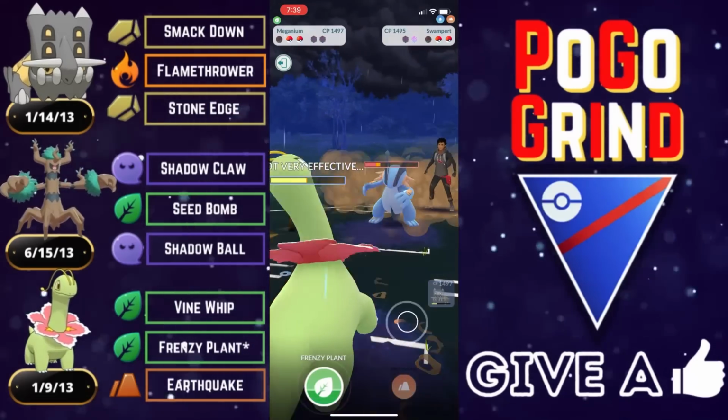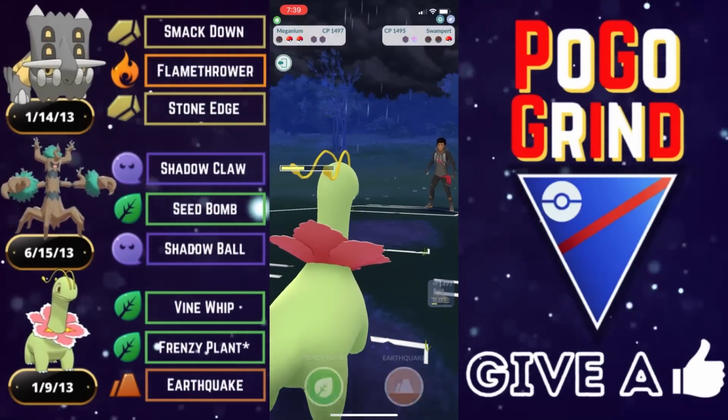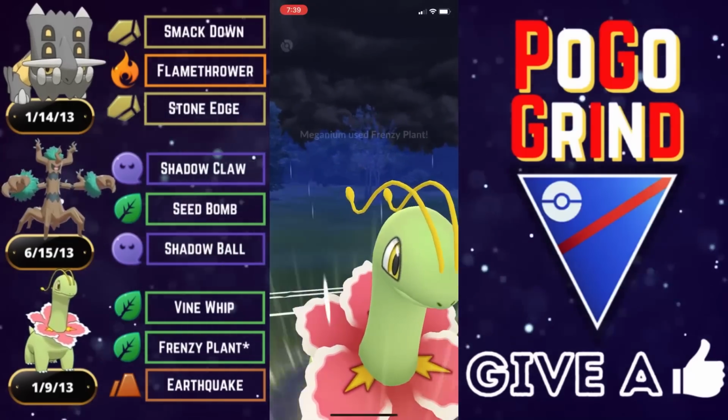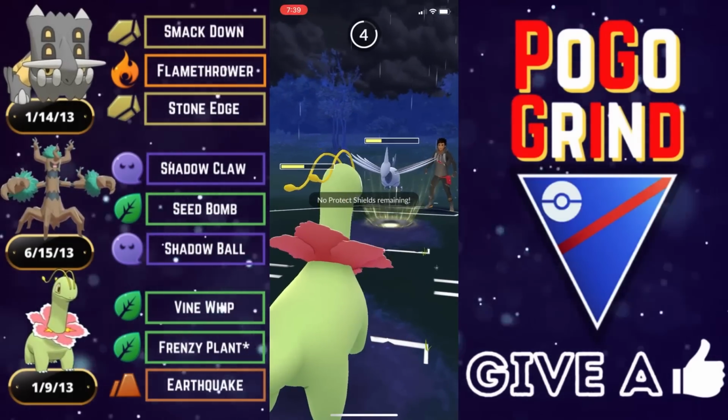Well played by them. They go EQ, not going to cut it, and we are just going to farm all the way down. We are down a shield. The Skarmory has energy. Going to go for the Frenzy Plant here. We've got back-to-back. Although double resisted, they add up, drawing the shield from the Skarmory, and we are fine to